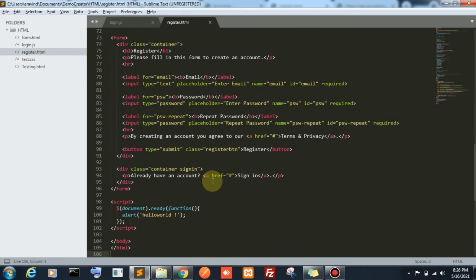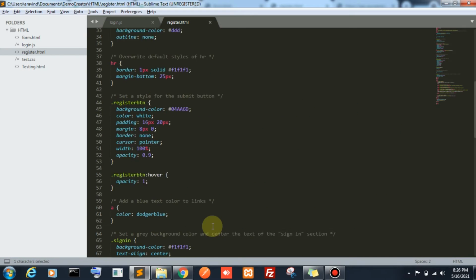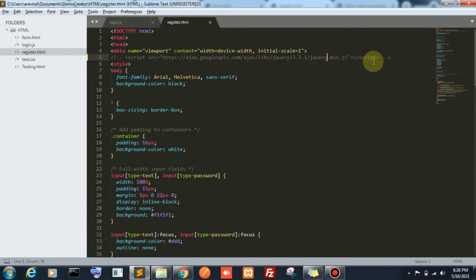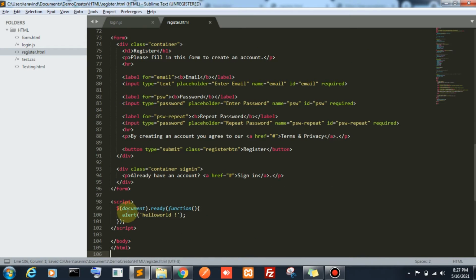Where is that line 99? Here is line 99. Why is this dollar not registered? Because we didn't import the jQuery min.js file. So there is a link between this dollar and that jQuery min.js file. Basically this dollar refers to the library file.